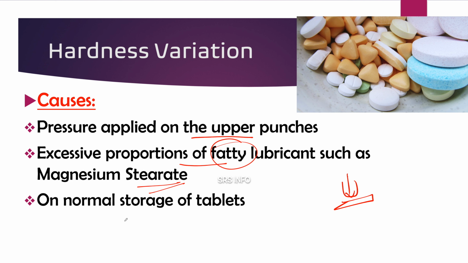Clear? And on the normal storage of tablet, if we cannot maintain the proper storage conditions, then there is a very high possibility of variation of the hardness. Sometimes if we do not properly keep the tablets in the proper storage condition, under wet atmosphere, then the hardness may decrease. And if we store the tablets in a very high temperature condition which is not proper and apt for that particular tablet, it may lead to hard tablets, and these hard tablets may break also.